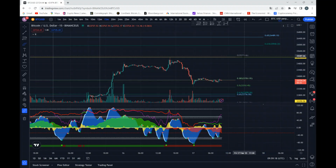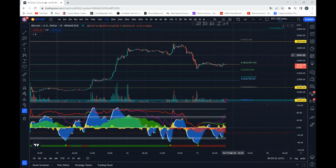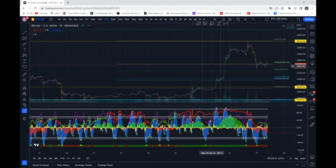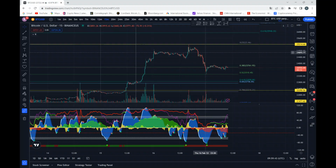For now, like I said, in general I would be more looking to long these retracements than really go full in short and say that was the top, because on the bigger time frames the market structure is still very bullish, so we have to go with the flow. So actually this retracement from top to bottom was now approximately 7%. That's actually a very nice retracement after the pump that we had,